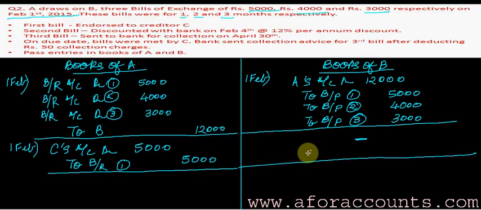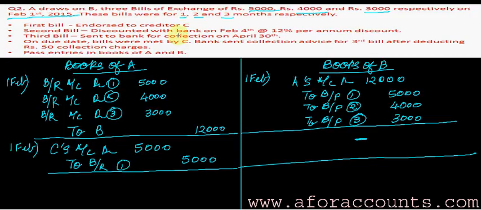So the name of A or C doesn't affect the books of B. Have you understood this concept? Whosoever the bill has been endorsed to will not have any effect in books of B, because B ultimately needs to pay and he will do that. So now next,